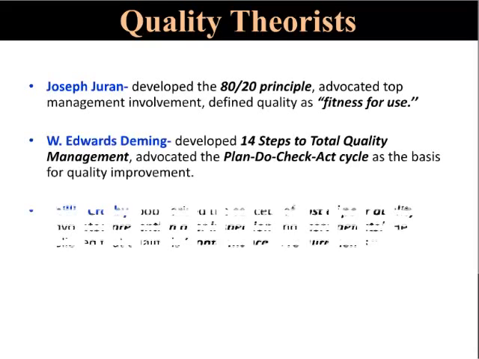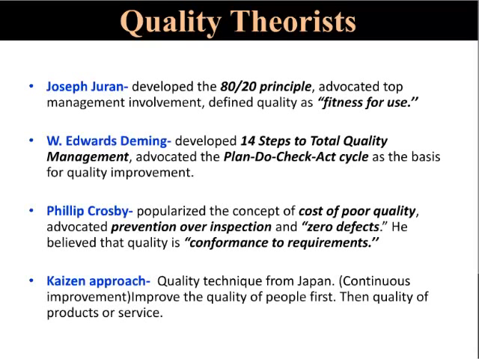There are a few quality theorists, and let's list them off. The three: Joseph Juran, and his focus was on fitness for use, as we saw a while ago, and the 80-20 principle. Next was Mr. Deming, who looked at the 14 steps to TQM, and also a big advocate for the PDCA cycle, like plan, do, check, act cycle, and it is really an excellent model for